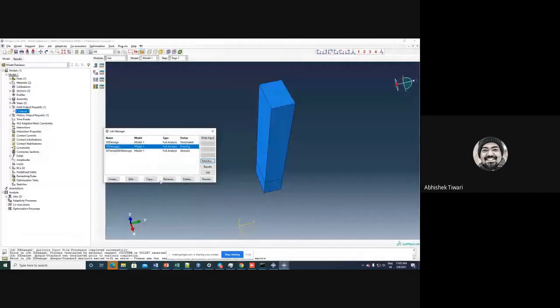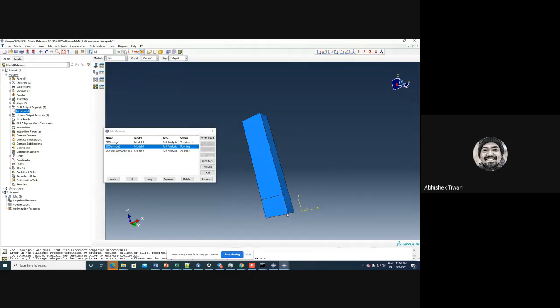So I changed a little bit in the damage simulation, but still I don't think it is going to get converged. What I did was, it is taking too much time and computer resources. So to avoid the damage calculation on the whole specimen, I have specified damage only in this part, which is at the center. I've removed damage from the rest, and damage calculation happens only in this